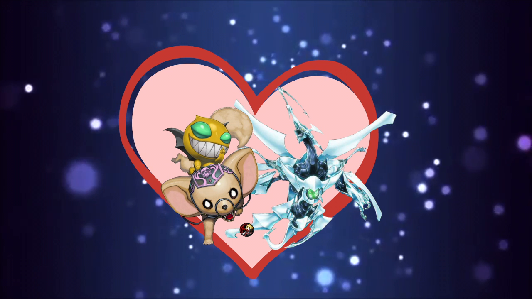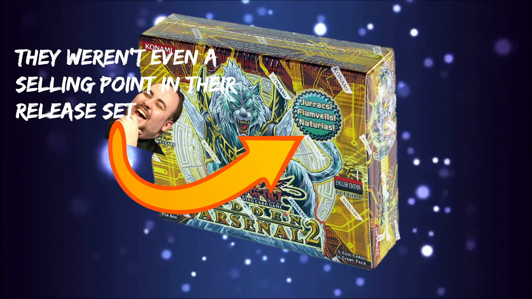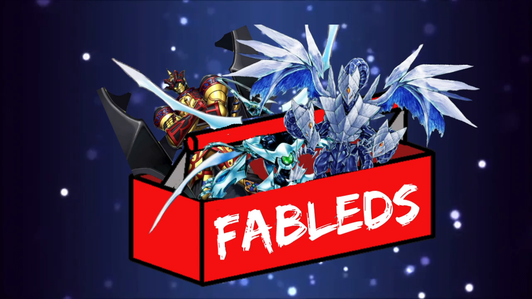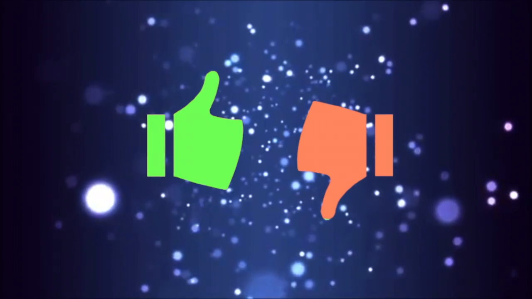Fabled Quasar. What started off as a cheap ripoff of the Dark World archetype that got thrown into Hidden Arsenal 2 with no clear identity of its own, has evolved over time to become a versatile synchro spam toolbox with a whole community dedicated to it. Whether you love Quasar decks or you hate Quasar decks, you have to appreciate just the adaptability and the resilience